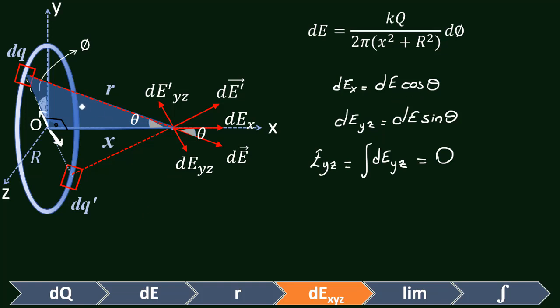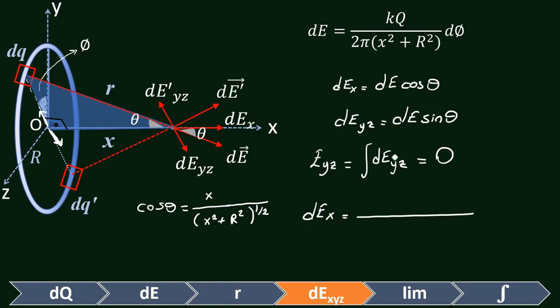All right, wonderful. So I'm looking at this triangle. In this triangle, cosine of angle theta is the neighboring side, x, divided by the hypotenuse, which is r. So it's x squared plus r squared square root, or to the power 1/2. So that is our cosine. So let's rewrite dEx then. So we have kq